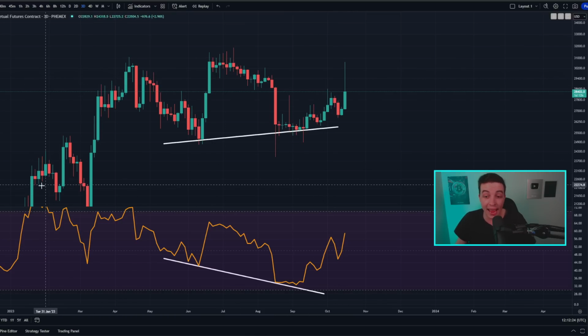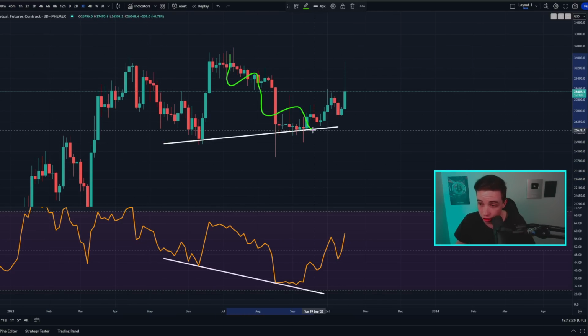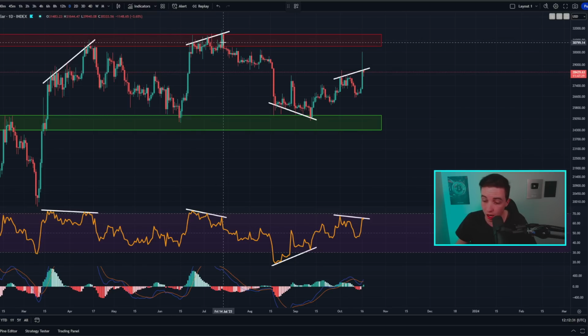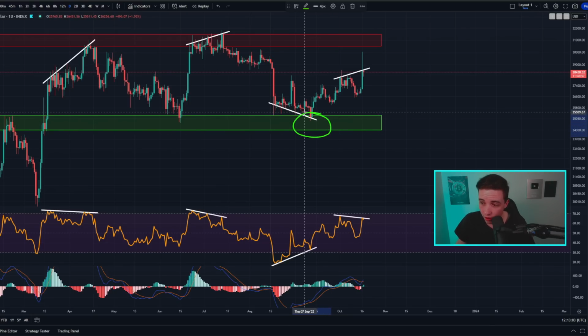But obviously during a larger bullish trend, it is possible to experience shorter term bearish trends like what we saw in between around the middle of July and around the middle of September. But the moment we ran into this significant area of support and formed a bullish divergence on the daily time frame, that basically put the end to this previous short-term bearish trend.